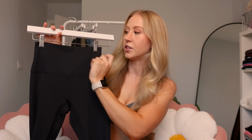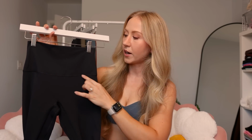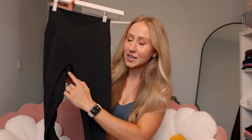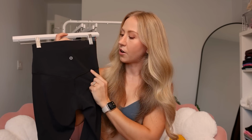So we have a double thickness high-rise waistband. I measured a 9-inch rise from gusset to the top of the waistband in the size 6. Double thickness with no top band, straight across seam in the front, no front rise seam, extended gusset that goes down the inner thigh about to the knee, no side seam, classic Lululemon reflective vinyl logo in the back, and